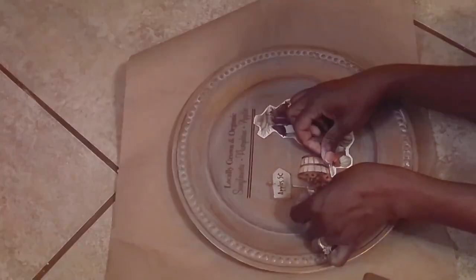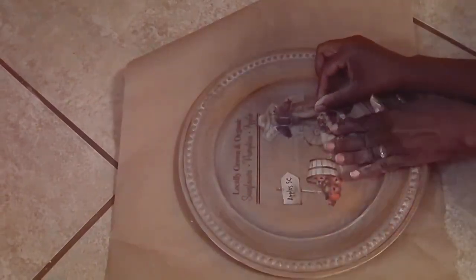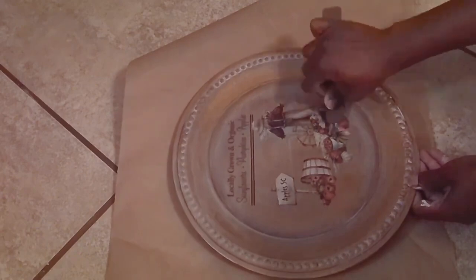Oh, so here I am. I'm also adding some pumpkins from Dollar Tree to this DIY also. So here I'm just adding those pumpkins to this, and I also went back and varnished everything. But yeah, so